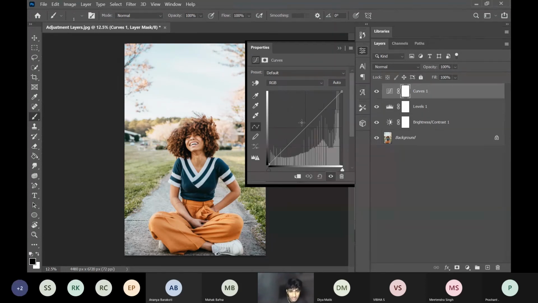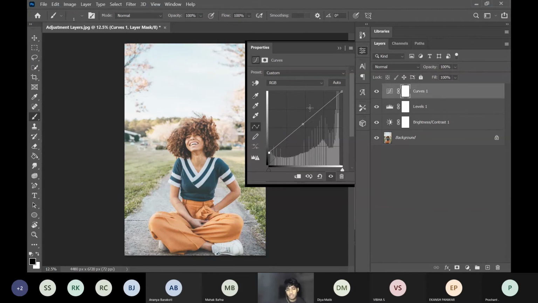These are the graphs. Just click on the center and put it here. I have my midtone here. And how to drag it? Click with your left mouse button, hold, and put it anywhere you want. And if you can see, there's a minute difference, which you can't really see at this moment. You can observe, but if I increase this black slider,